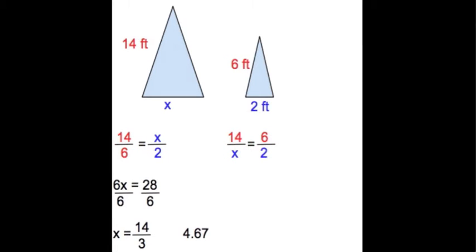What must be true when writing a proportion is that our corresponding sides, indicated in red and blue, must either be contained in the same ratio as they are in the first proportion, or they must be aligned as numerators or denominators as they are in the second proportion. Also, the triangles must be in the same ratio or aligned as numerators and denominators as well. So 14 and x have to be in the same ratio or aligned, and 6 and 2 have to be in the same ratio